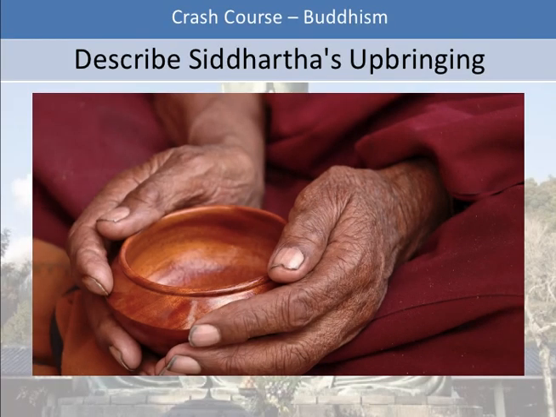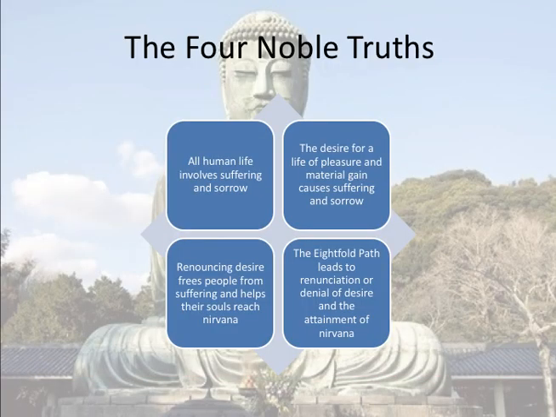Okay, so as he says, and he does a pretty good job of explaining this, the Four Noble Truths, as put forth by Siddhartha, who at this point, if you can't recognize what his upbringing was like or what led him to conceive of Buddhism, you should go back and check that out. So the 4 principles: all life is suffering. Suffering comes from material devotion. You renounce material devotion in order to alleviate yourself of suffering, and you can do that through the Eightfold Path,